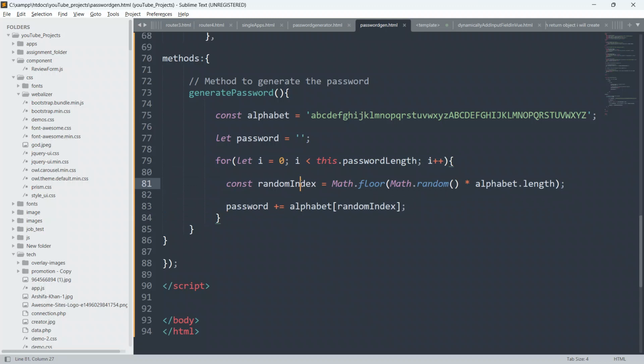Okay, I am explaining this code to you also, guys.